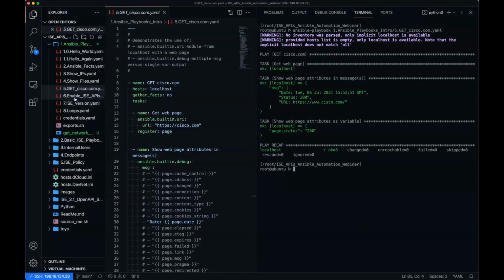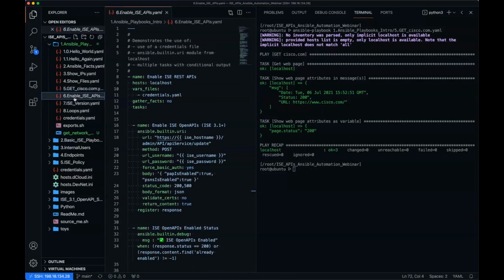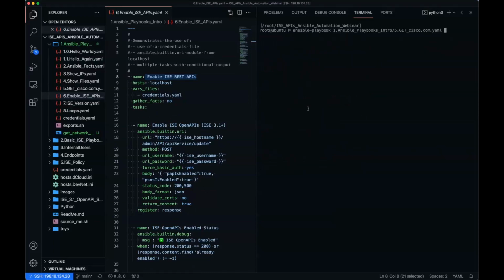Where it gets more interesting is that was a web page call. Let's do a REST call. Now we can actually enable our ISE REST APIs via Ansible. I already went in and manually enabled them, but if I hadn't, and I had a brand new ISE instance that I brought up for the first time and wanted to configure with Ansible, I have API calls that I can use to enable it. So for that,